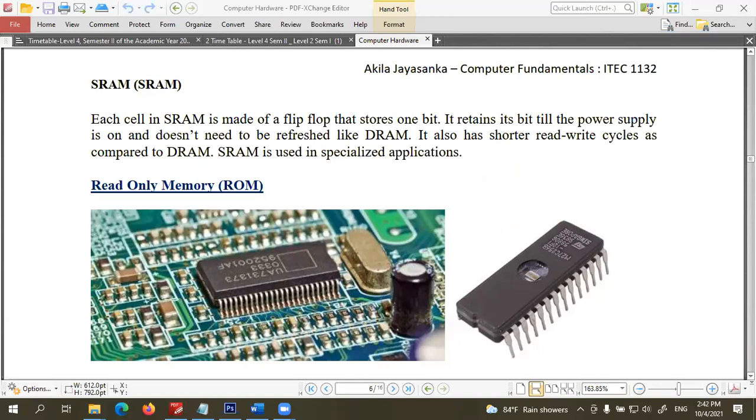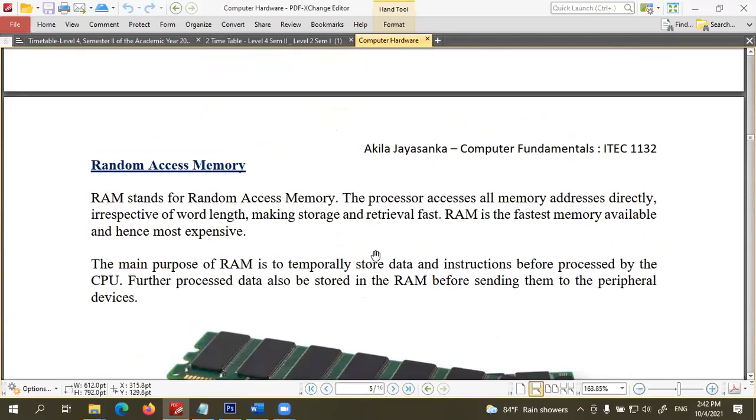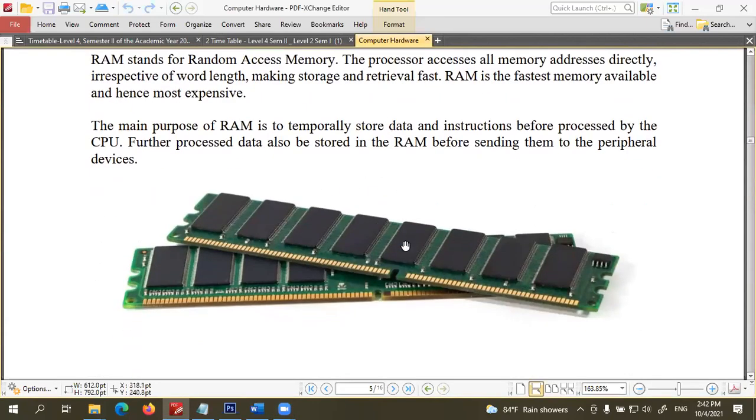After that, the second category of primary memory is read-only memory. This read-only memory is embedded in the motherboard in the manufacturing process, and it holds the basic instructions of the computer motherboard. The other category, after RAM, is ROM, read-only memory. That is another memory device, a memory chip. See, this is the RAM card. This is the main memory actually.